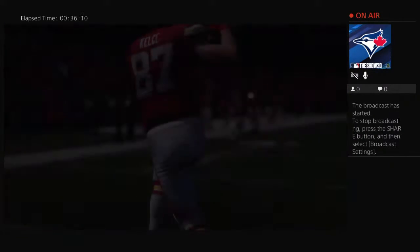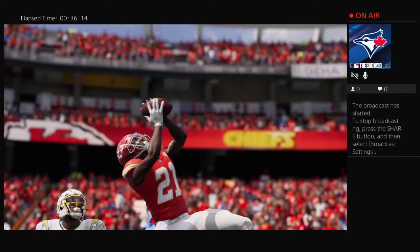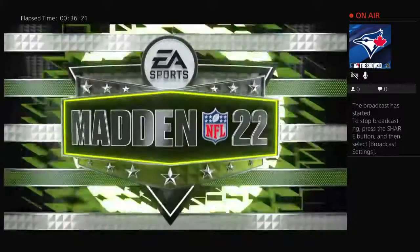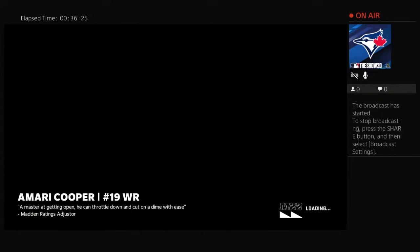A big offensive explosion helped lead them to victory. And the defensive guys, they're just saying, hey, put those points up every week. We'll just keep winning. They will gratefully accept them, won't they? It makes their job that much easier when they're scoring that many points, allows them to play with a total